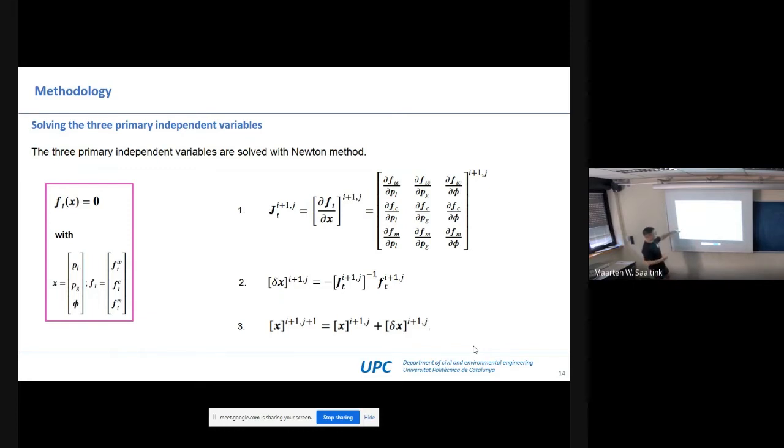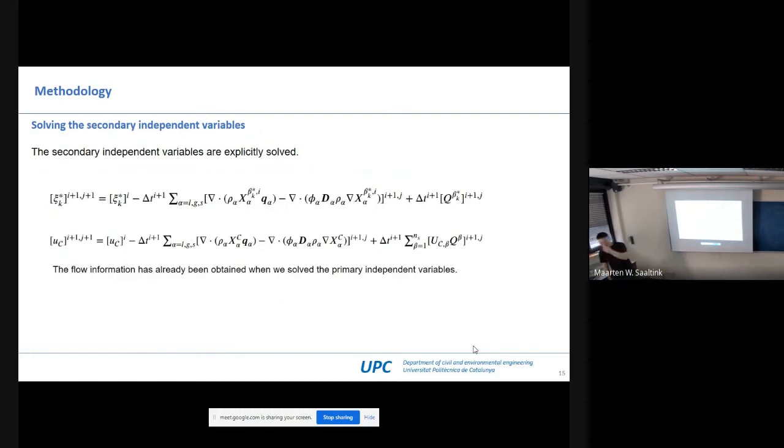We can know every flow information. So with these 3 independent variables, we can know every flow information. Now we know the flow information. Once we know the flow information, we can update